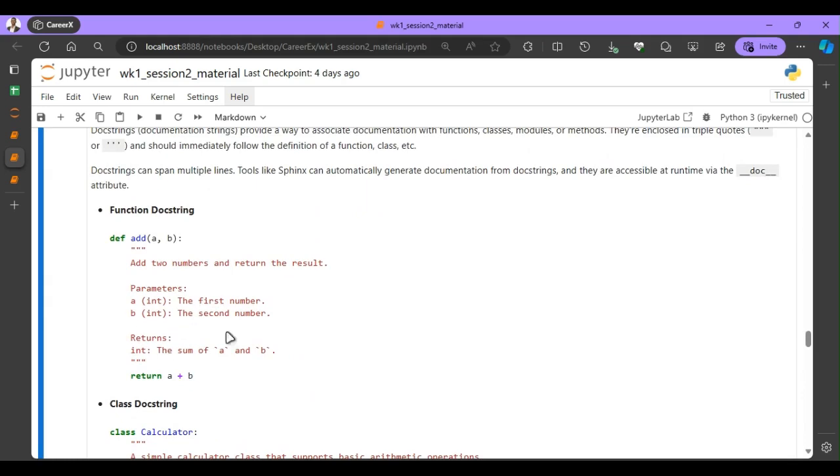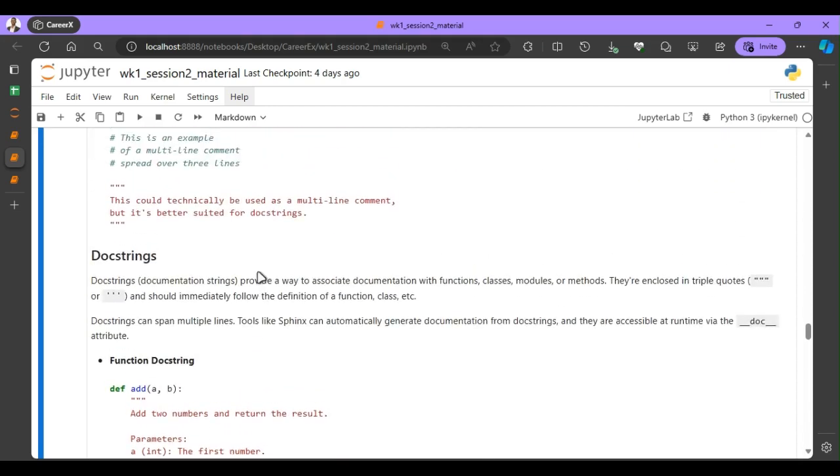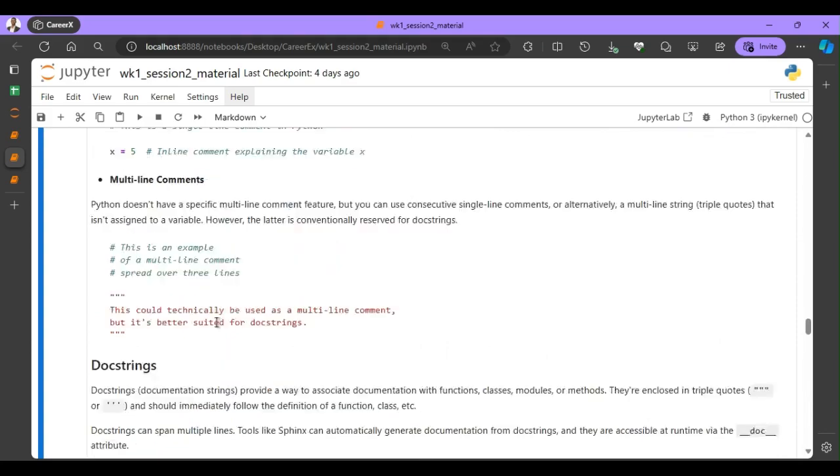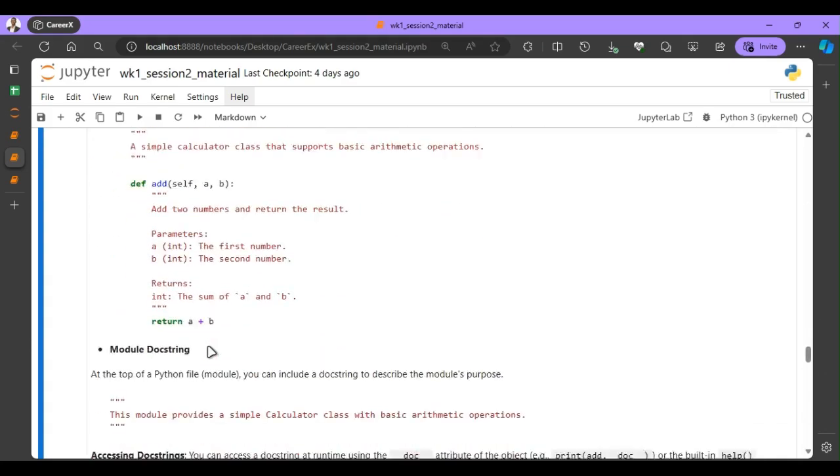But just understand this is what a docstring is and what it is used for. You might not necessarily use a docstring like you use a comment, right? So just understand that this is a comment and this is a docstring. So moving forward,